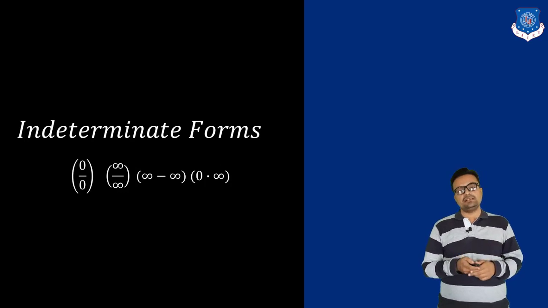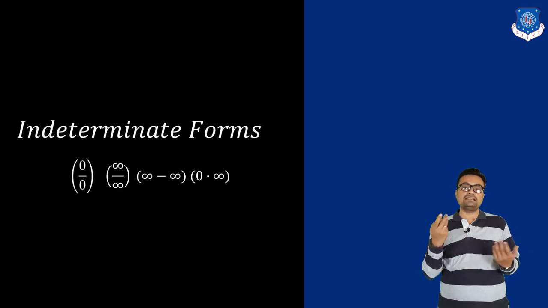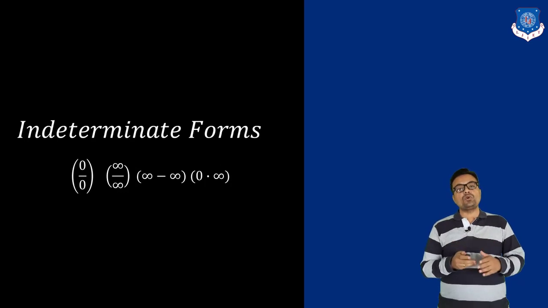It may happen that sometimes your function attains the value infinity, which is in the numerator and in the denominator. So still we don't know whether we can cancel this infinity with infinity or not, or we can cancel out this 0 with 0 or not, as the rule for cancellation in numerator and denominator is that the number must be non-zero. But we cannot apply the same rule for infinity also because it is not a scalable quantity.